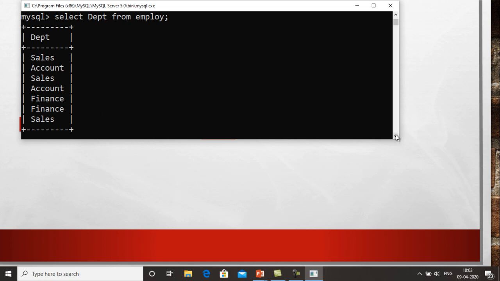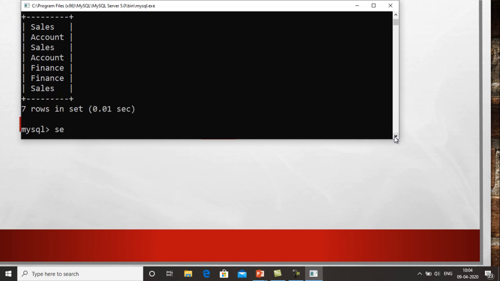Right now in my table there are only 7 records, but suppose in a company there are thousands of records in the employee table. When I write it like this, I will get 1,000 entries. And if 300 employees are working in the sales department, then I will see the sales value 300 times in my result. I don't want this. So how can I resolve this problem?